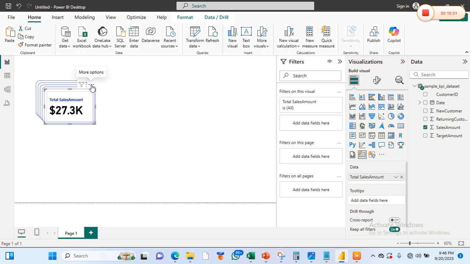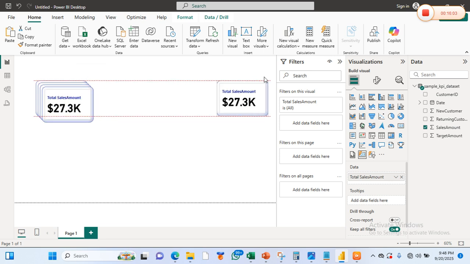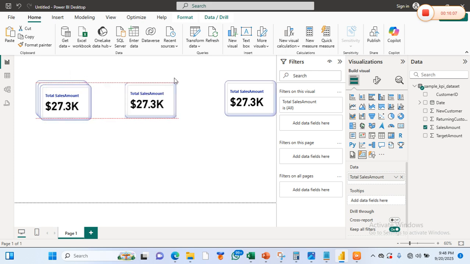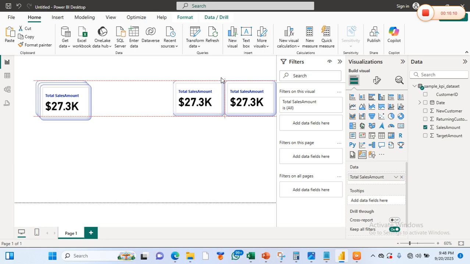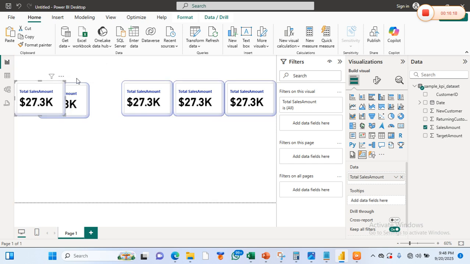So guys, see why I advise each and every one of us to use the new visual card, because of this interactive nature, right? So the ordinary card cannot do this. That's why I asked that we should use the new visual card, right?